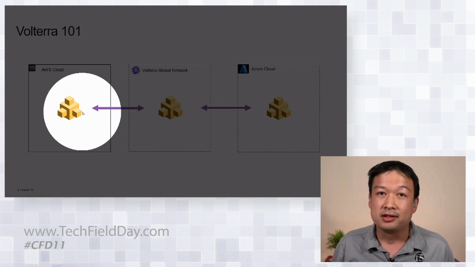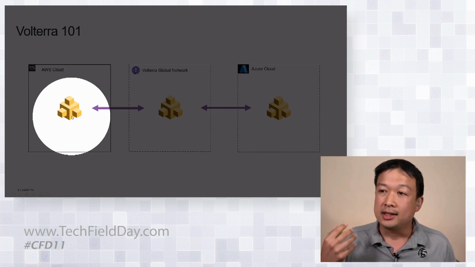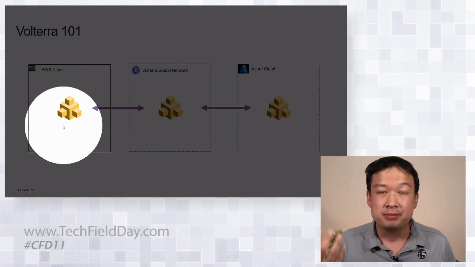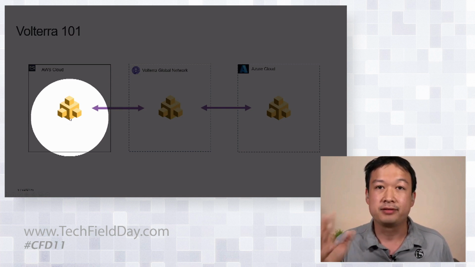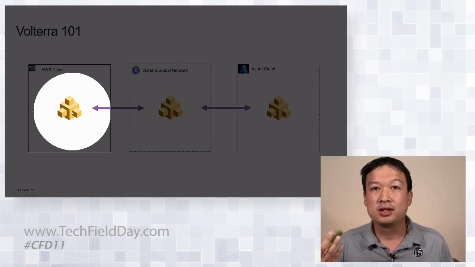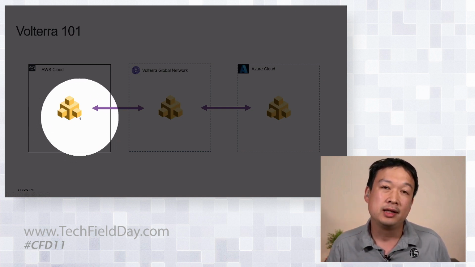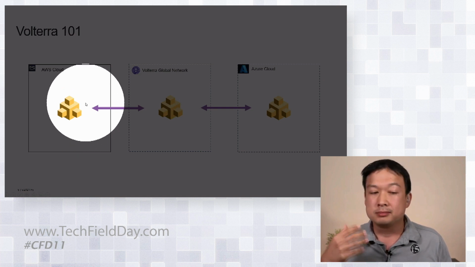Earlier, one of our delegates said the idea of using a VPN. So think of this as a tunneling device, a virtual machine. This is something that lives on a network, and this is something that's provisioned from the Volterra console. So what we're going to be able to do when we get to the demo portion of this is understand,